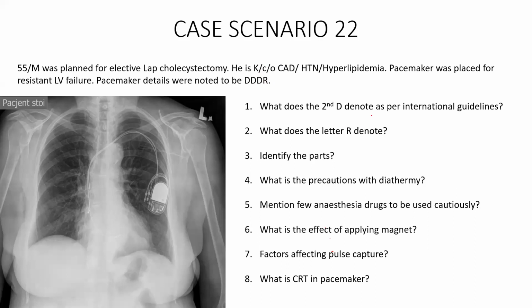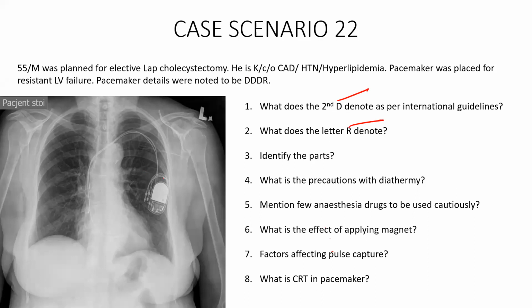rate. Okay, so generally the sensors for rate modulation, there are many, like changes in the right atrial contraction, changes in the body temperature, changes in the respiration. So many parameters are there. Newer parameters are becoming more and more miniature, more and more complex in detecting this rate demand. Okay, clear about those things. Perfect. So you have said what the second letter denotes, and you have said what R denotes.